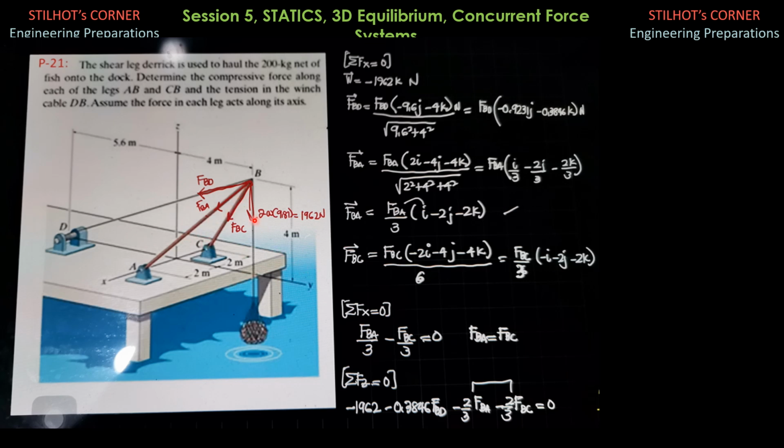So since this has no component along the y-axis, left or rightward movement, then it is BD, that is the force that will counter the rightward components of these two forces if they are in compression. So this must be in tension because the component of the force should be leftward, because these two are in rightward direction.